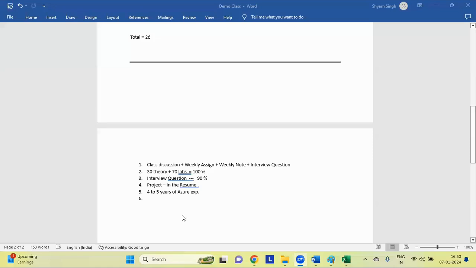Also, after completion of this course, you are able to crack all the certifications: AZ-900, AZ-104 and AZ-305. You clear AZ-900, then you can clear 104 easily, and AZ-305, that is Azure Solution Expert.